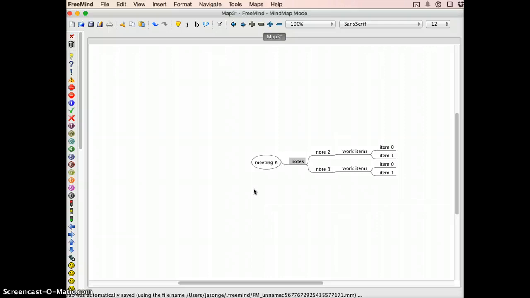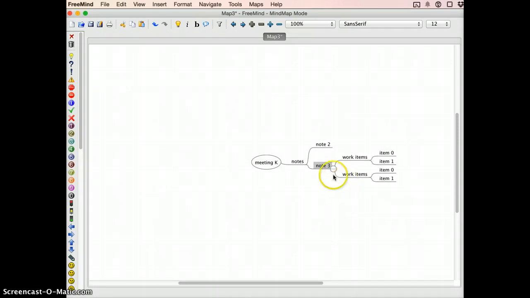The next group of things I want to talk about is the mouse operations. You can use the mouse to drag and drop. Those are the most commonly used things. You can drag and drop to here as a child. You can drag and drop a node to the top of the existing one. And you can select the node by clicking,